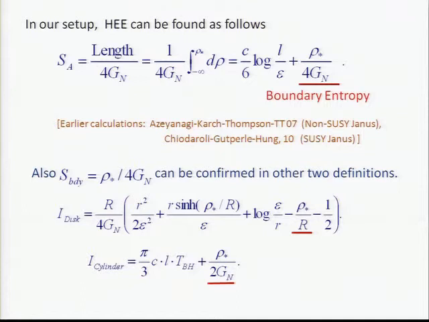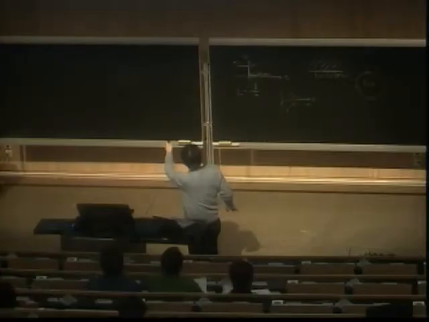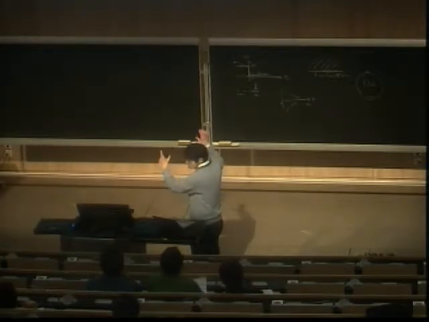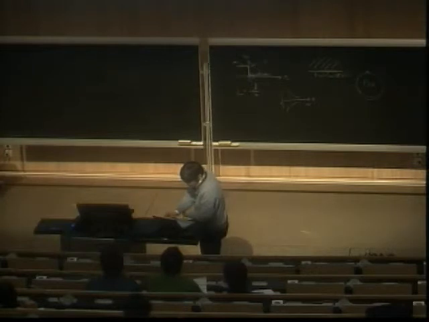We can also derive it by other methods, like the cylinder amplitude and the disk amplitude. All of these calculations lead to the same result, rho star to the n, and we have to take twice of that, so we have this result. Here this case is a cylinder, so we have two contributions. That is the reason it is 1 over 4 rather than 1 over 2: we just pick up one boundary contribution.